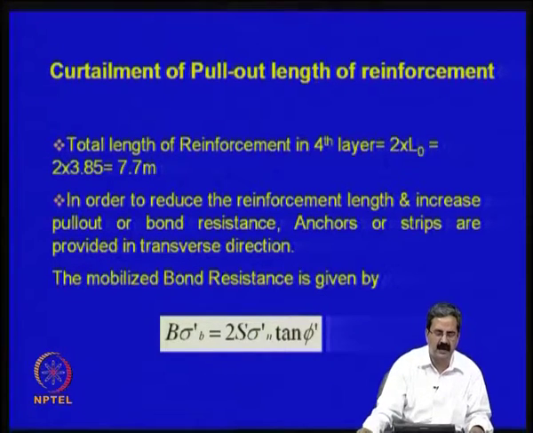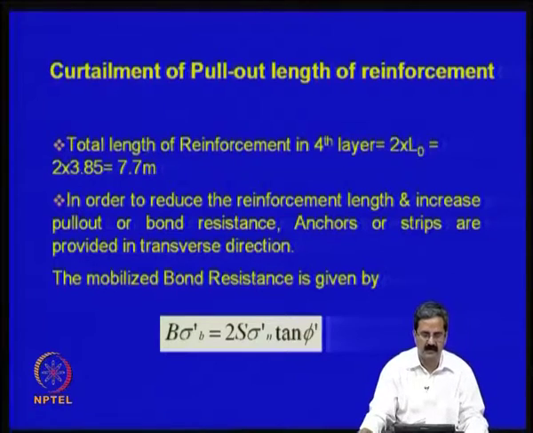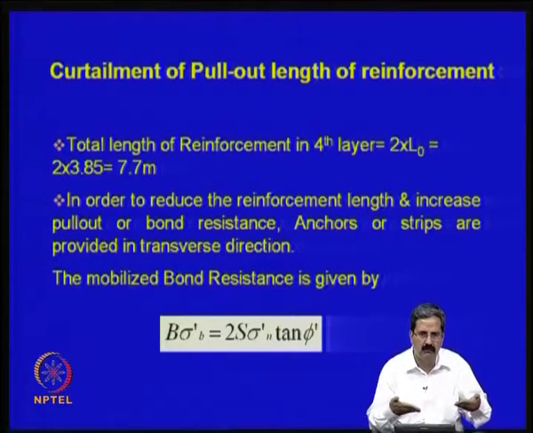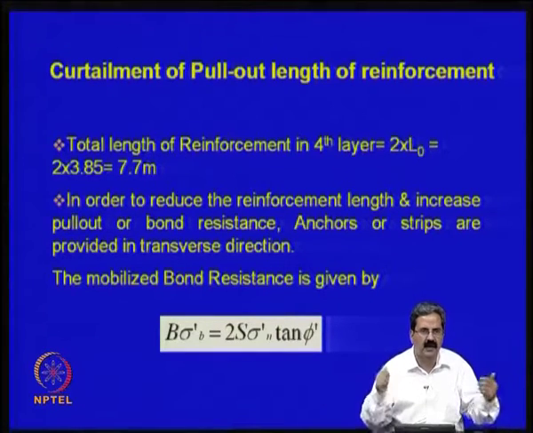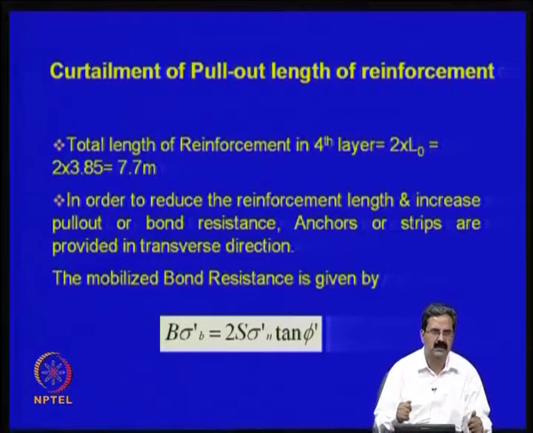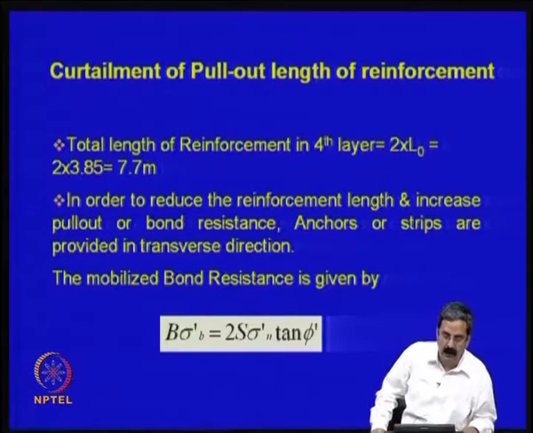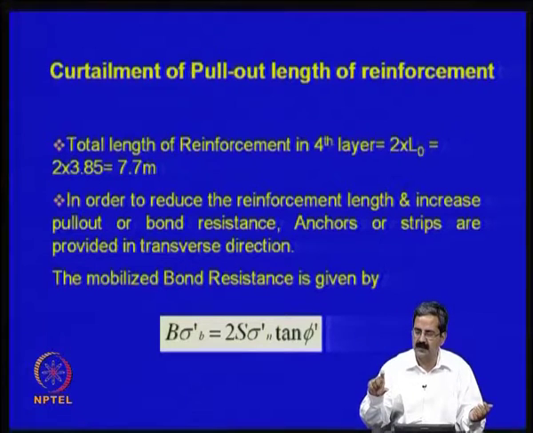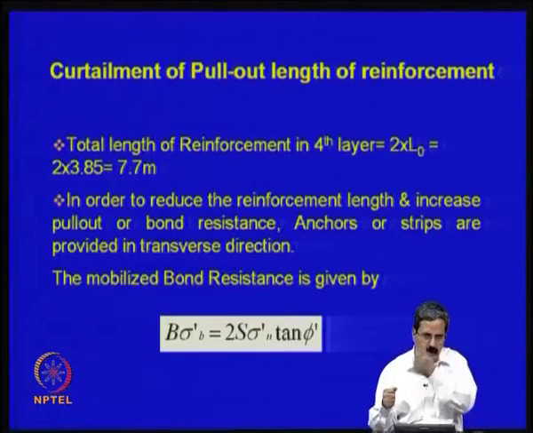Actually, I just mentioned the mechanisms of reinforcement. One is by friction. If the friction is not good, it can be a long length, like the 2/3 of tan phi that I have taken. Imagine that you take tan phi equal to tan phi mu, then the length will come down. The other one is bond resistance. For example, you put some sort of angles which will create bond, so that you can't pull it out easily.